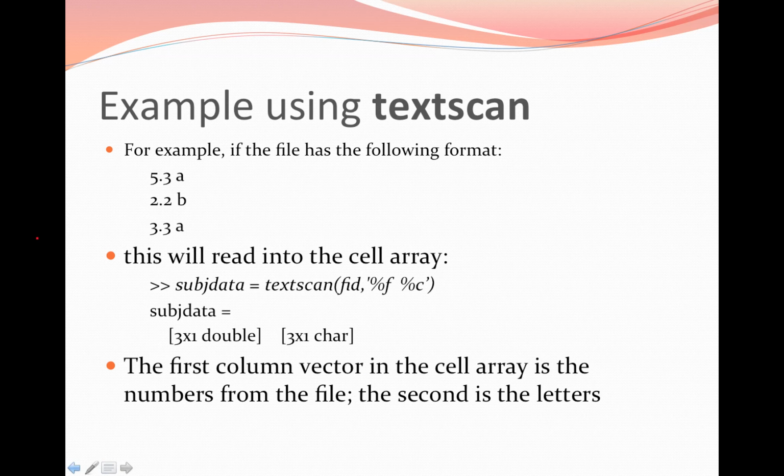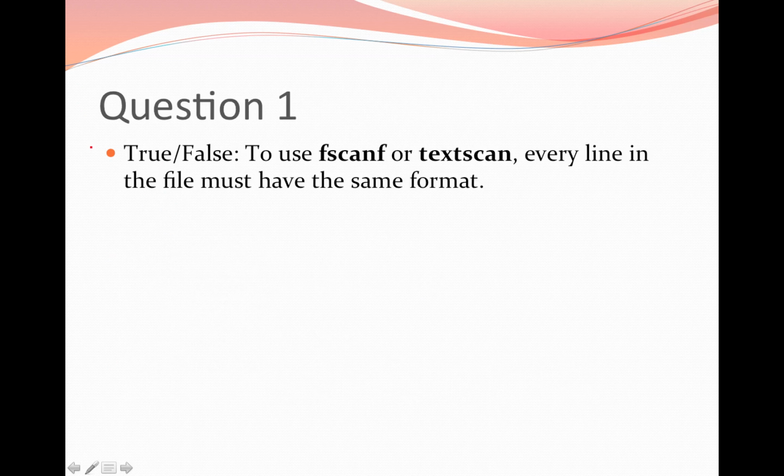So if the file has the following format, where every line from the file has a number, followed by a space, followed by a character, we can think of this as being separate columns. So we have a column in the file that has numbers, and then we have a column of the spaces, and then we have a column of the characters. So think of it as columns. So when we're specifying the file format string, we're saying that we have a column of floats, and then we have a column of spaces, and then we have a column of characters. So what happens is that the textscan function will read the first column, which is the numbers, into